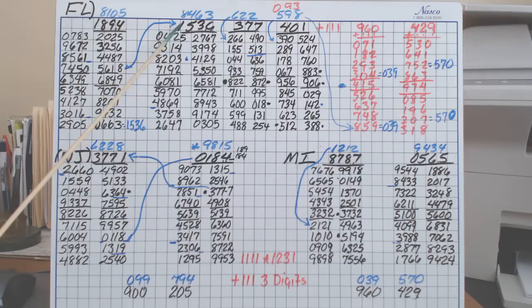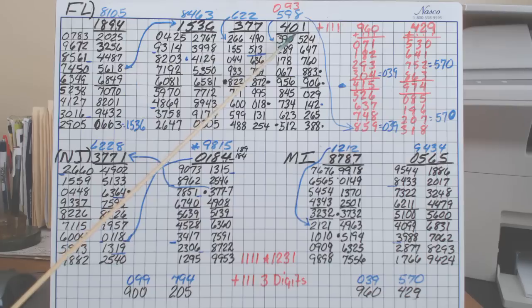You have your 1, 5, 3. Your 1, 5 converted by 5, a 3. Now, let me move on. You have your 377 4-digit,